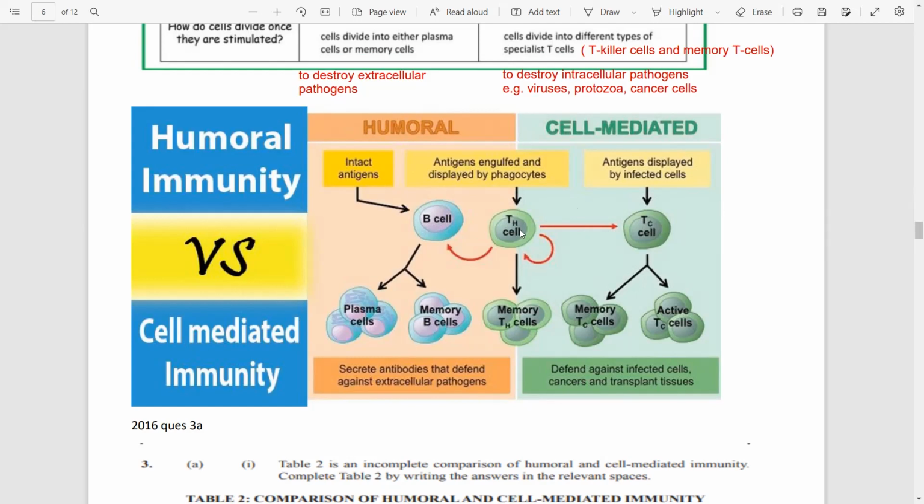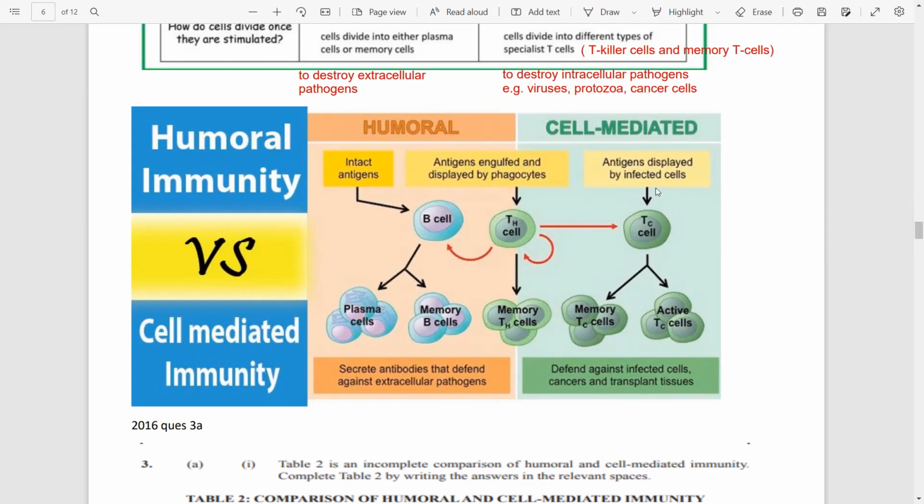So when the T helper cell gets information from a body cell that it has been infected, the T helper cell will make chemicals to enhance itself. So it makes copies of itself to make memory T helper cells. Plus, it's going to stimulate the cytotoxic T cells, right? So the cytotoxic T cells are the ones who actually can